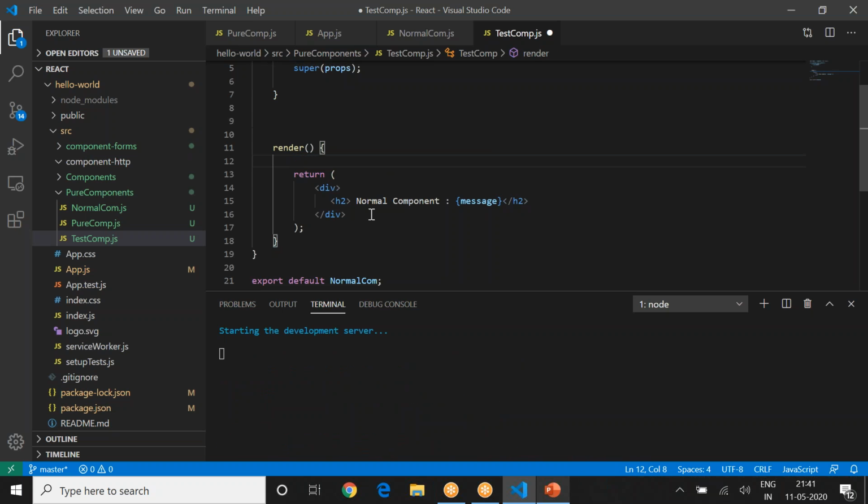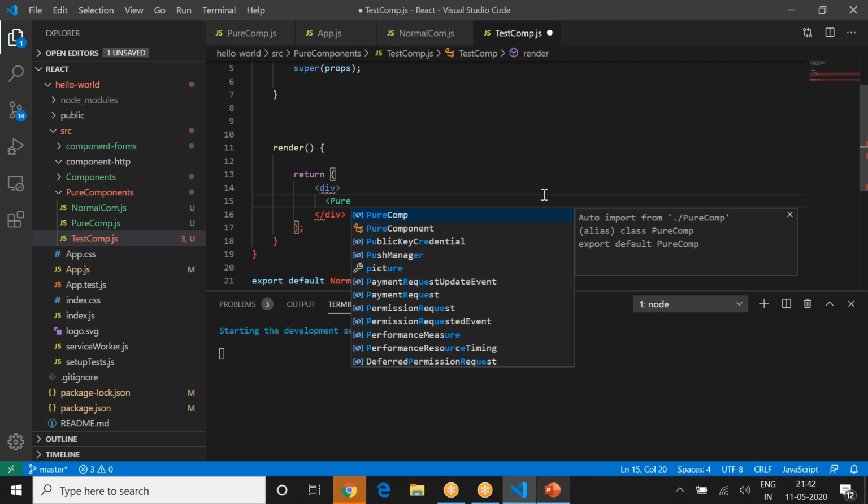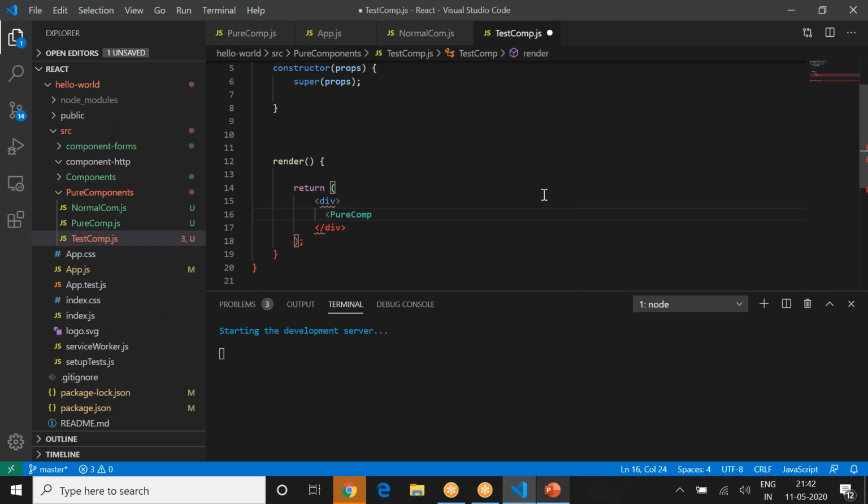I don't need this. Okay, the first thing I have here is a pure component. So I'll add a pure comp. Okay, finish that tag here itself, and I have normal comp.